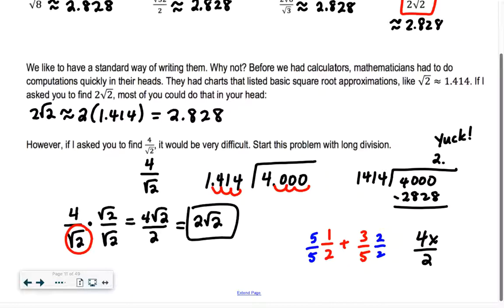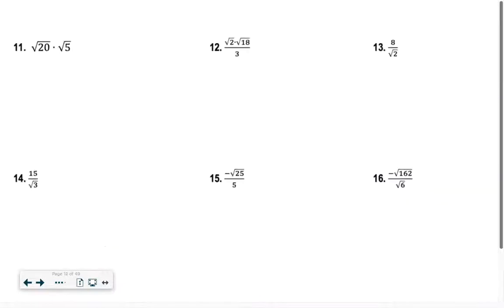So we try to rationalize our denominators so that we get something that we can do easily with multiplication, right? Instead of dividing. Long division is the worst. We don't want to do long division. It would be terrible. All right, so